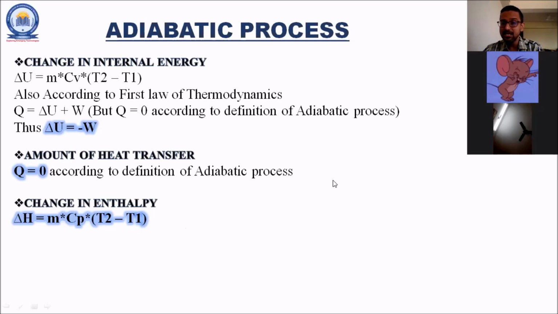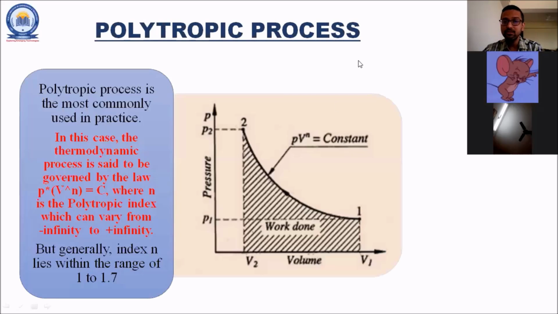I hope the concepts are clear. So with this we are completing the adiabatic process. Now let us proceed further to the last process, that is the polytropic process. Remember friends, the polytropic process is the most commonly used process in the practical purposes for determining the properties of